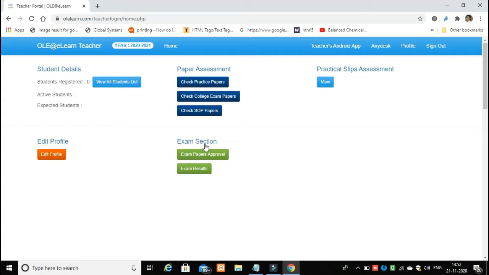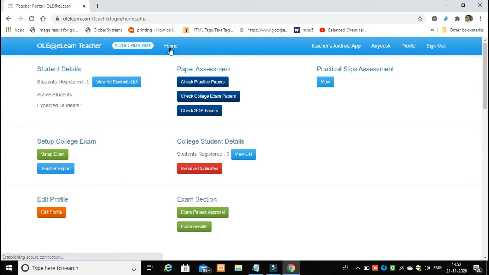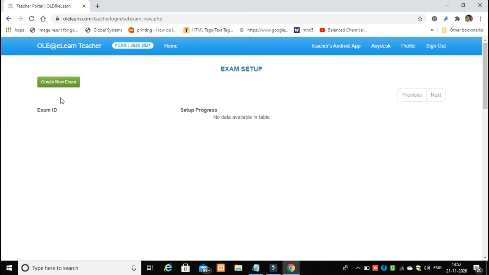Now your college has selected you as an administrator. So let us refresh the home screen, and you have some additional utilities for setup college exam, which is over here. You can very well see this. Now teachers, to set up a college examination, what you require is that one student should be there from your college. So let us go to setup exam, say create exam,